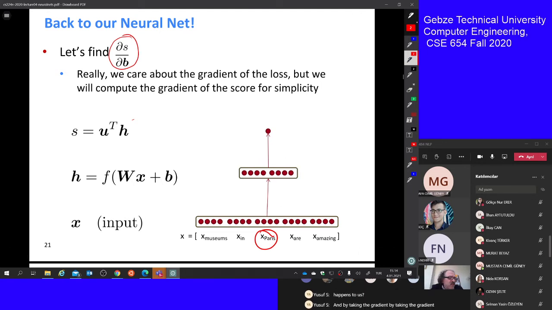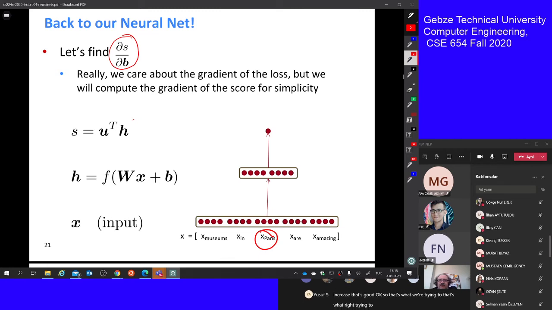it's going to give me that information. Also, it's going to give me the steepest direction where I can change this B. Okay, it will tell me that, okay, this is your direction, 8-dimensional direction. If you walk in this 8-dimensional direction, your S will increase. That's good. Okay, so that's what we're trying to